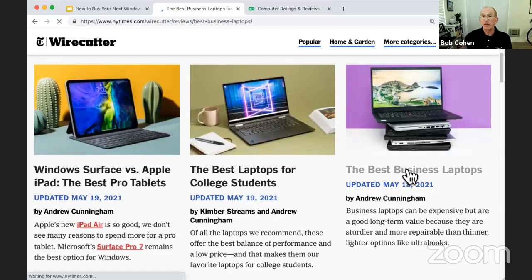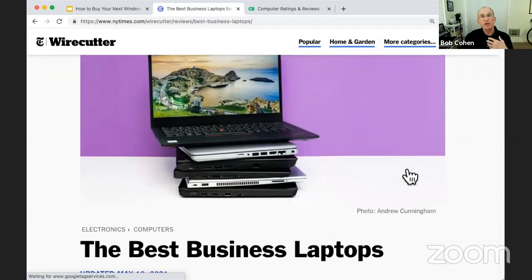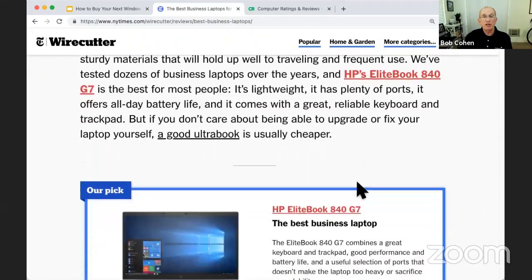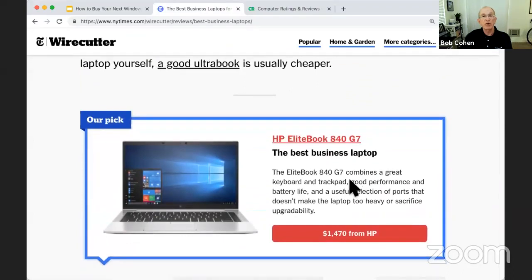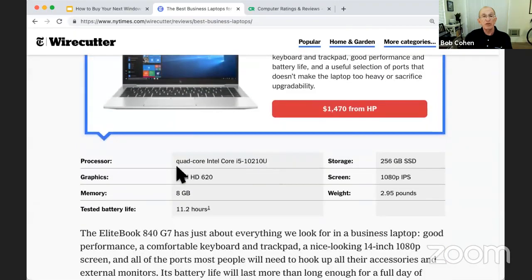They categorize them by that, and they'll typically come up with a first choice, a second choice, and a third choice. So their best pick is this for the best business laptop.